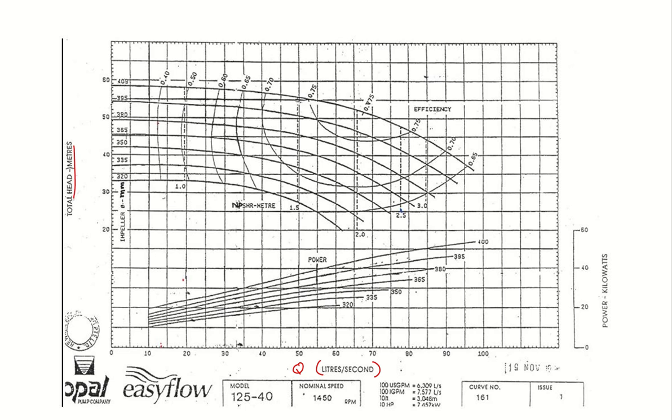And on the chart, you can obtain the efficiency of the pump, the power, the NPSH required, and the impeller size. All right. So you need to get the equation of HP equals a constant A plus K